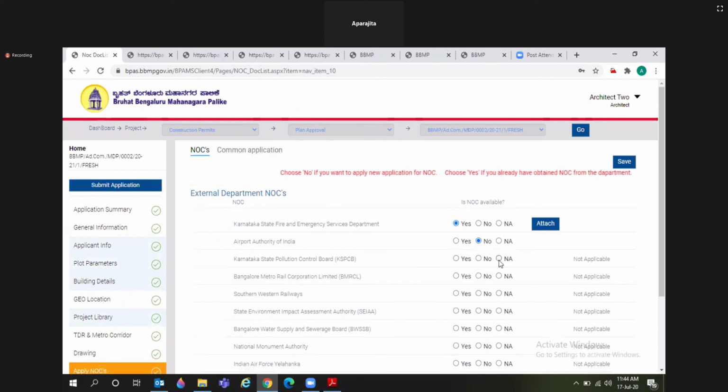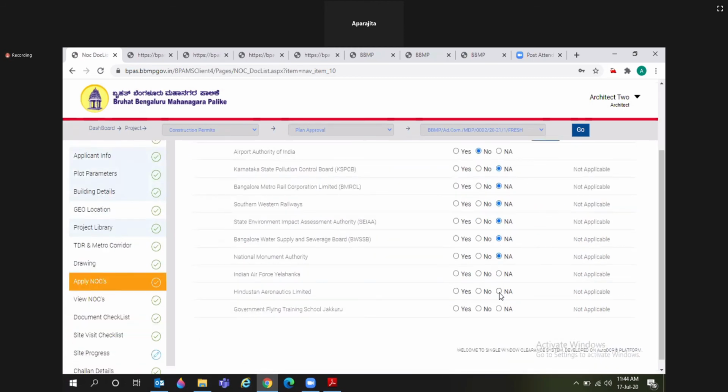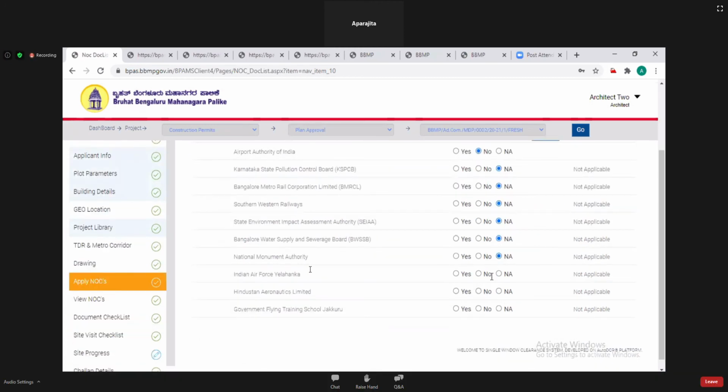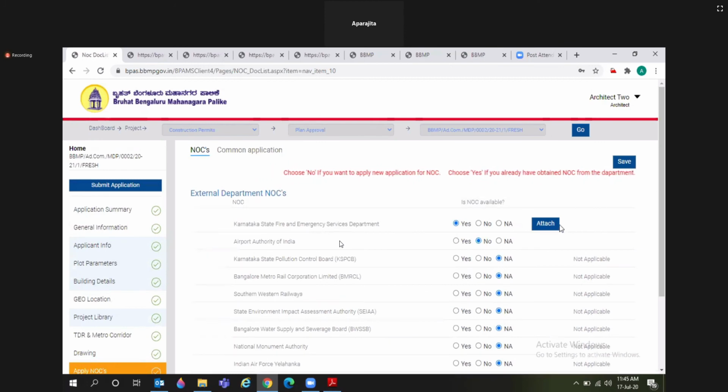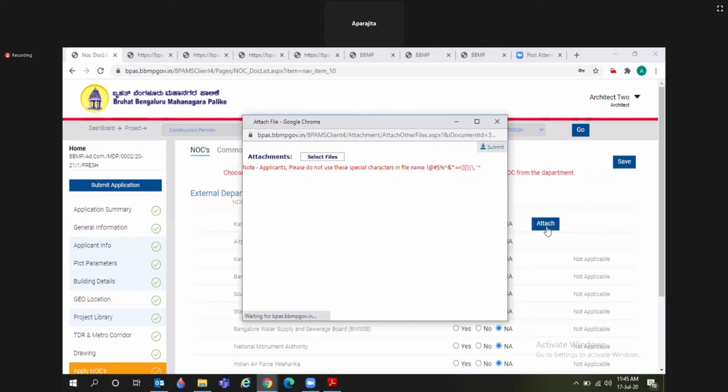And if any NOC is not applicable, then just select that. Then attach the NOC certificate here.